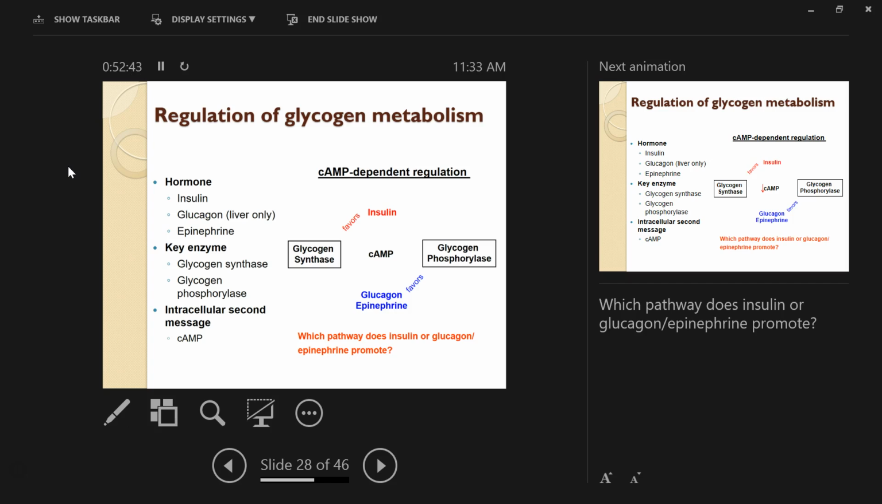One kind of mechanism for the regulation of synthesis and breakdown is the so-called cyclic AMP dependent regulation. So for example, in the insulin,